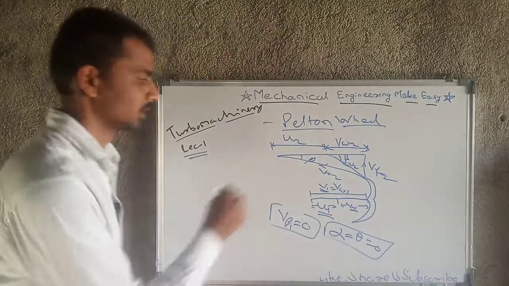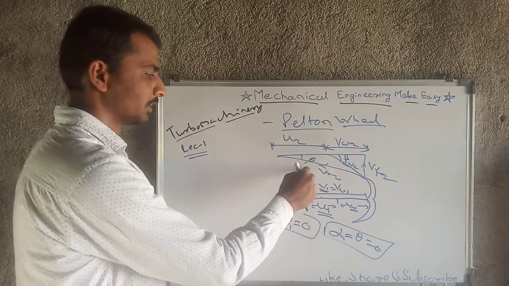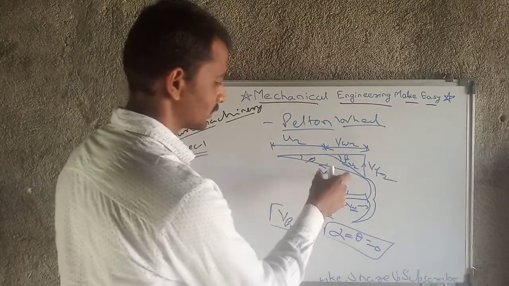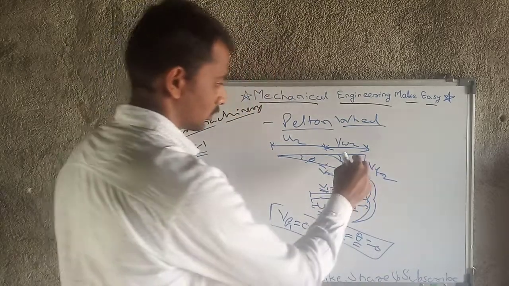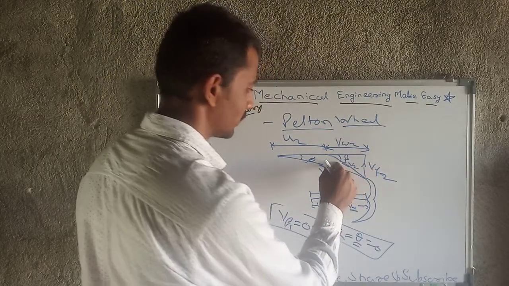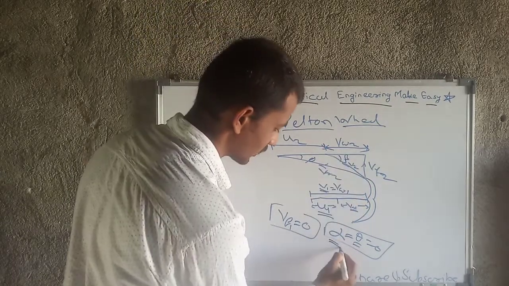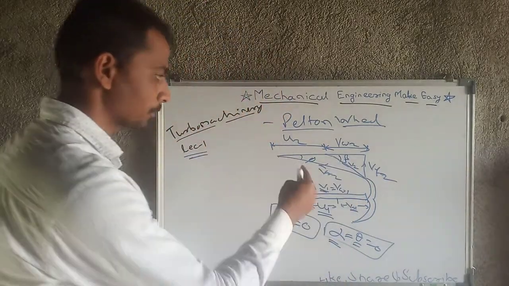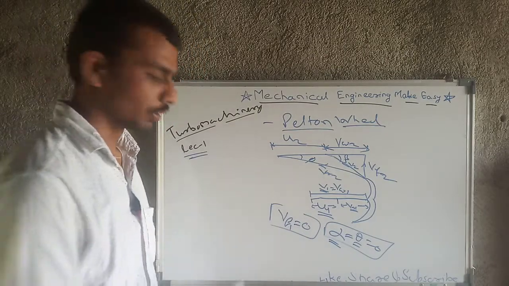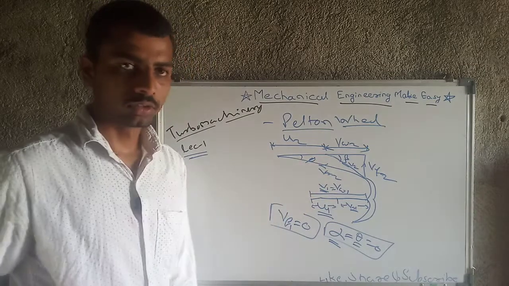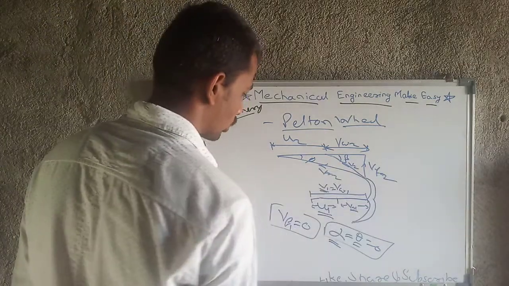What are these angles? The angle between the relative velocity and the horizontal is phi, and at the inlet that angle was theta. Then the angle between the absolute velocity and the horizontal is beta here, and alpha there. With absolute velocity the angles are alpha and beta, with relative velocity the angles are theta and phi. And this is the flow component of velocity.